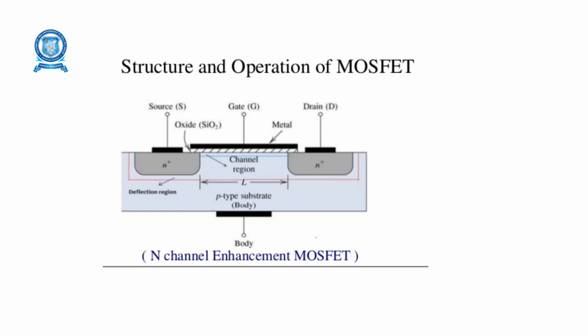Then we are having the P substrate. This P substrate is used for the channel. To transmit from the source to drain, we are transmitting the signals or electrons flow using the P channel. Then we are having the silicon dioxide layer, and then we are having metal. That's why we are using the metal oxide semiconductor.